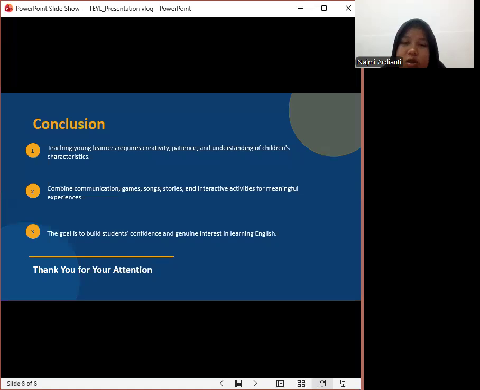Teachers should apply appropriate principles, use interactive teaching methods, and integrate games, songs, stories, and meaningful activities into their lessons. The ultimate goal is not only to teach English, but also to build students' confidence, motivation, and interest in learning language.